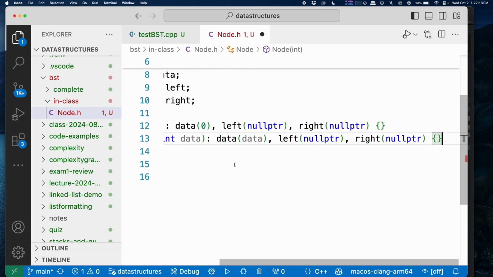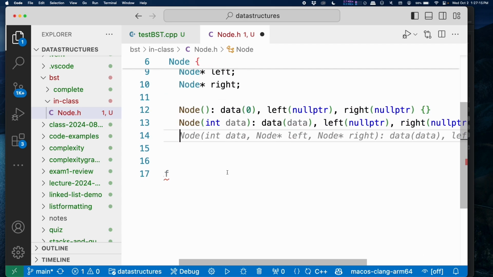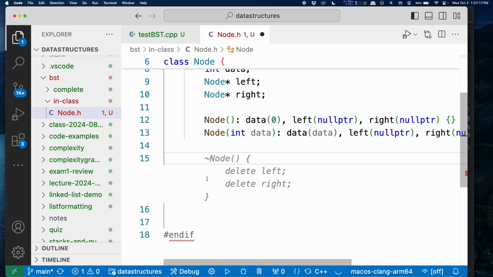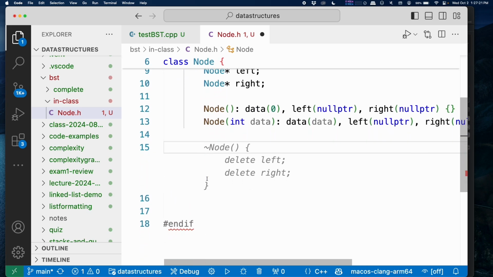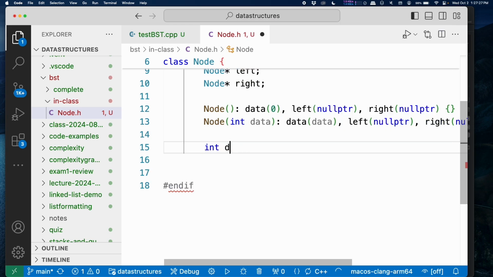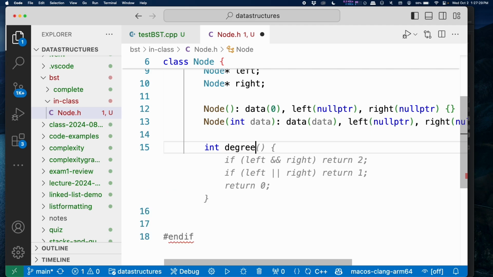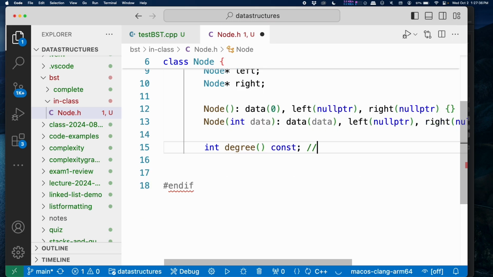Okay, and so there is one extra method that we want to add into our node class, not our null class. And that is not this, but it is a degree function. So we're going to make a function called degree, and it's just going to return an integer,